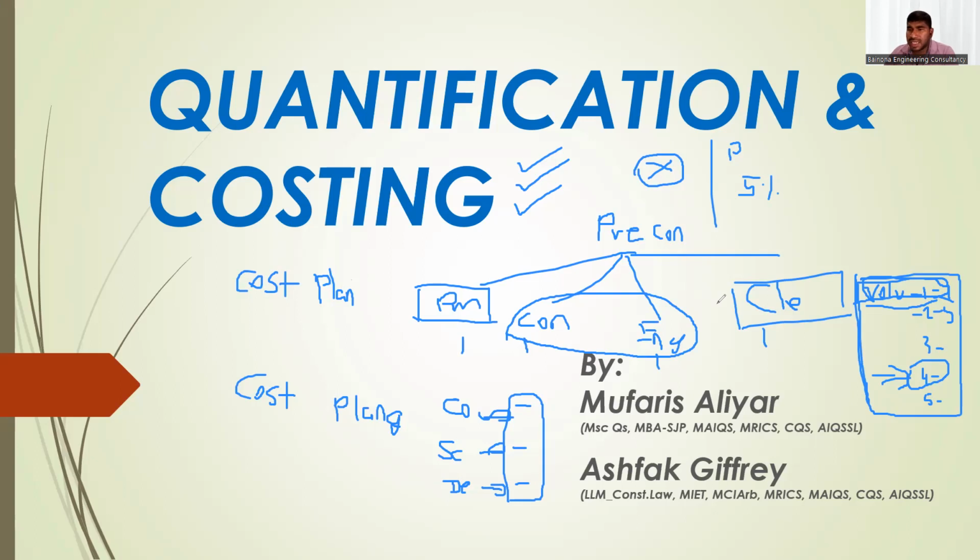So once the client PMC QS is given a signal to release the tender, they will release it from their procurement. So the tender is in the market. Contractors will price it. When the contractor is pricing, as I said earlier, they will have clarifications. So they will send a clarification to the consultant or the client directly, the client procurement department. They will distribute it and respond to it. Also, there are QS duties involved there.